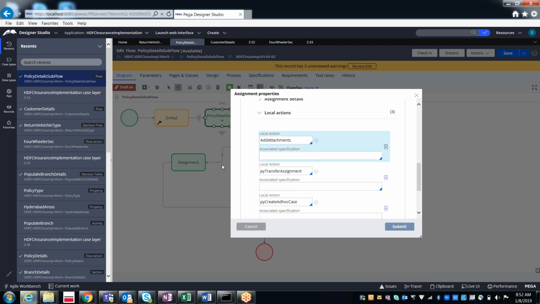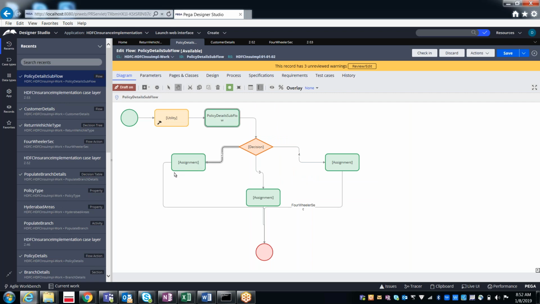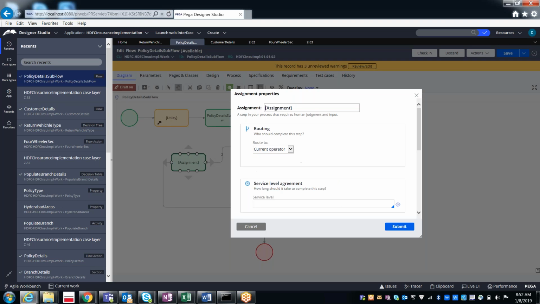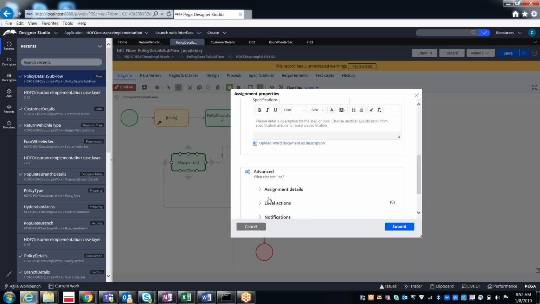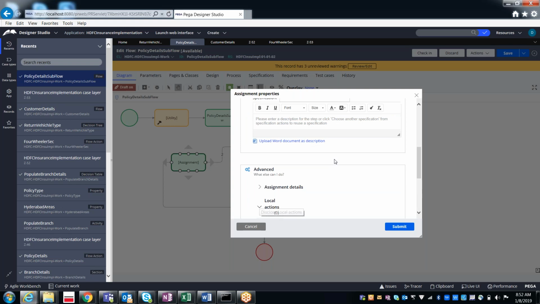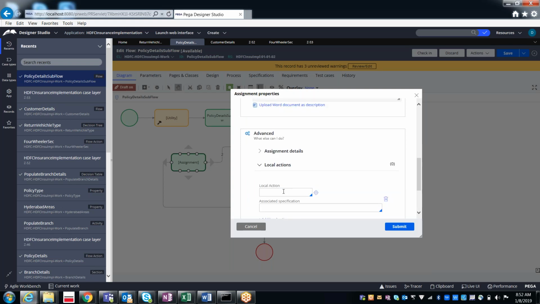But once it moves to the two-wheeler flow action, for this assignment I did not apply any add attachments local action. See here, it doesn't contain any local actions, so that is the reason why you are not able to see that local action here.